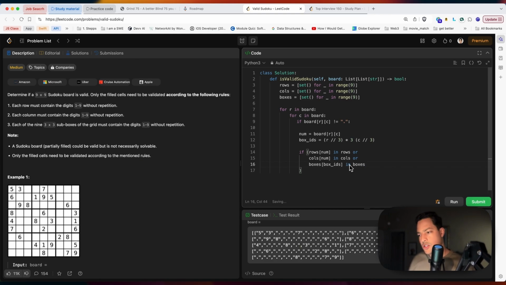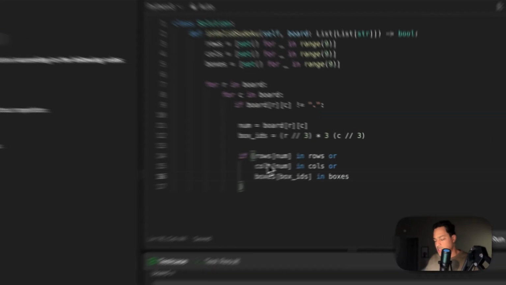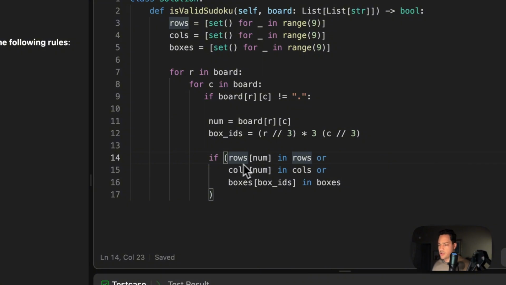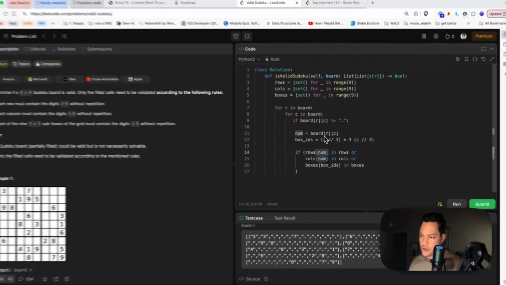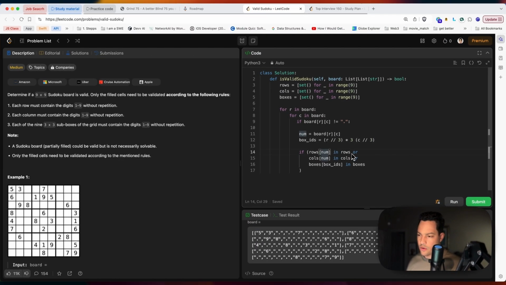So one of these conditions. I'm saying if the rows is at, because this is the particular coordinate I'm on. So if the number is in rows, I need that particular number. So how would I get, no,